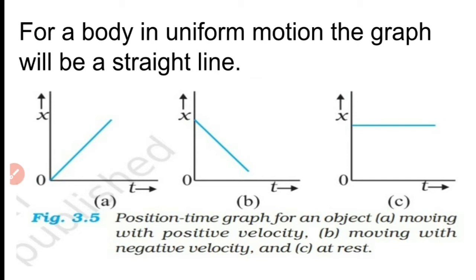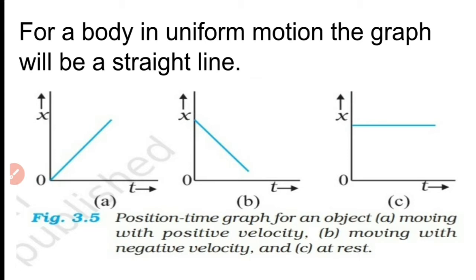Now what is the interpretation of average velocity being positive and negative? If the average velocity is positive, it means that the body is moving in the positive direction. How can you say that? You know, average velocity is what? Displacement by time. What is displacement? Change in position. So when average velocity is negative, displacement is negative. Displacement negative means that the change in position is negative.